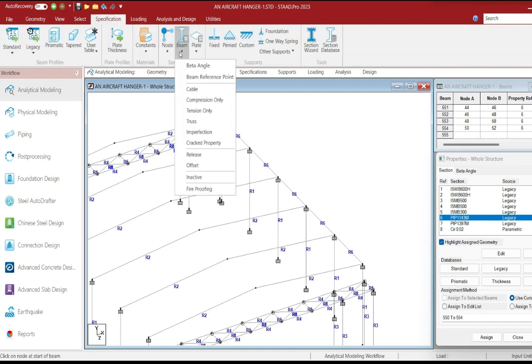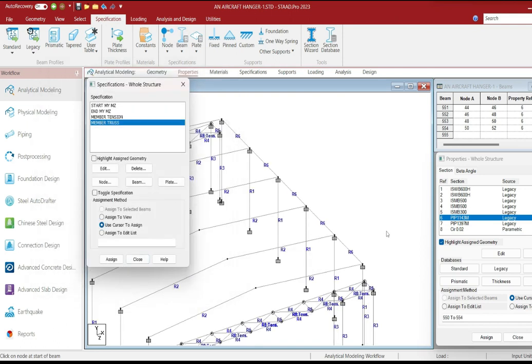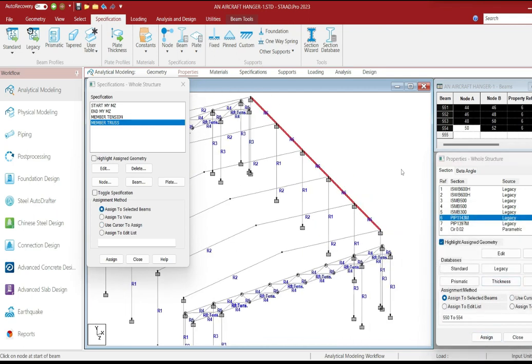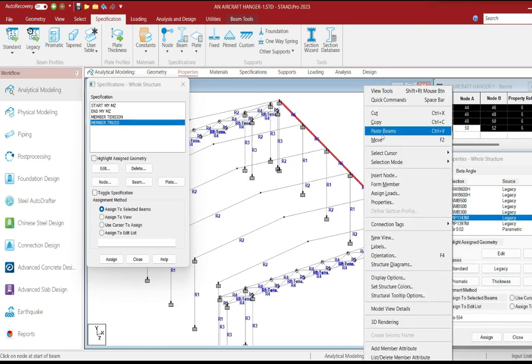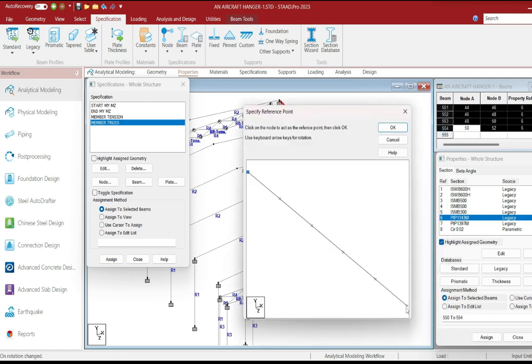We have to provide a specification that this should not carry any bending. It should only carry axial load in either compression or tension. For that, release is the specification. So add. So select R6, assign. Now we have to take this strut at the other side also. Take a reference point,